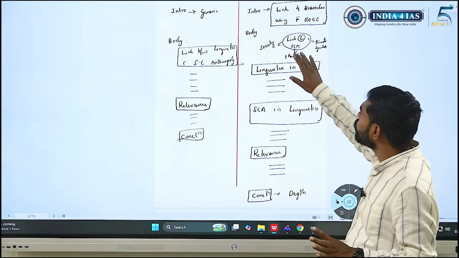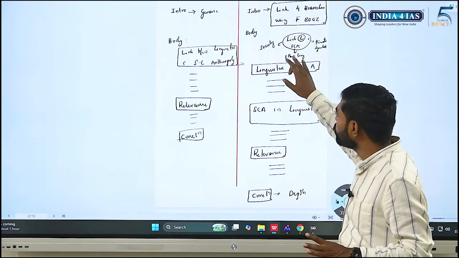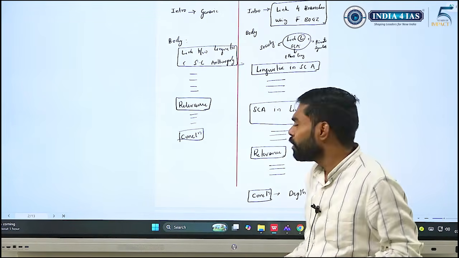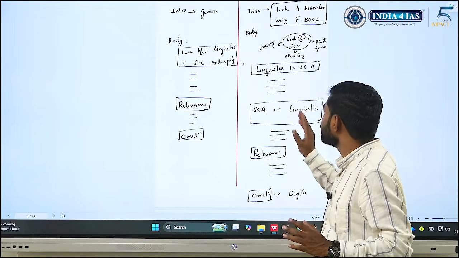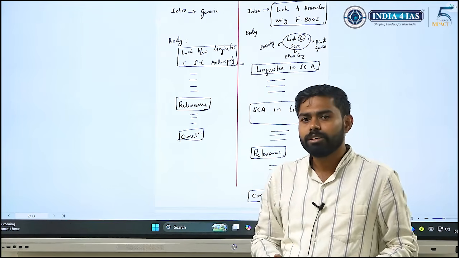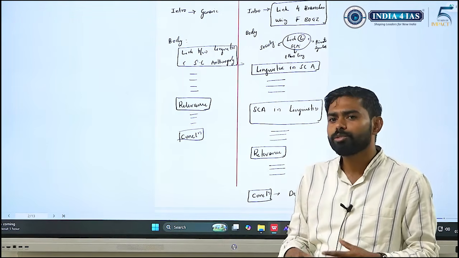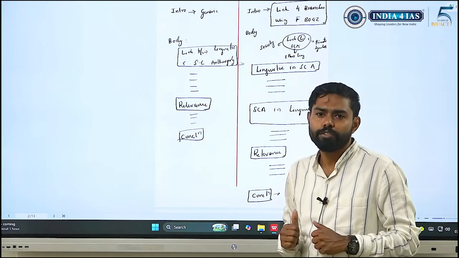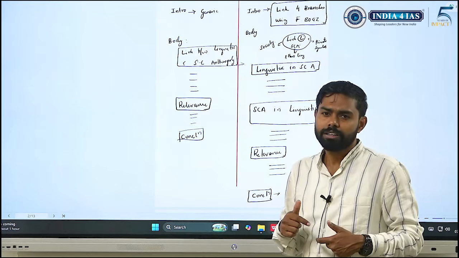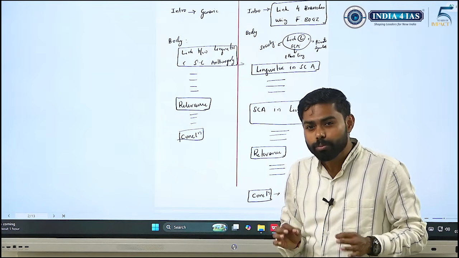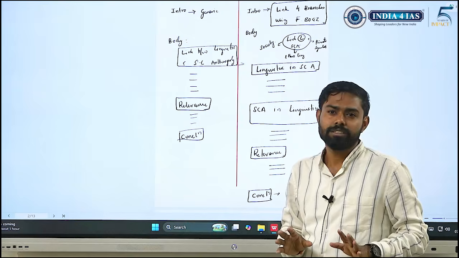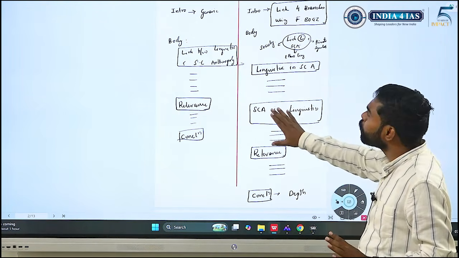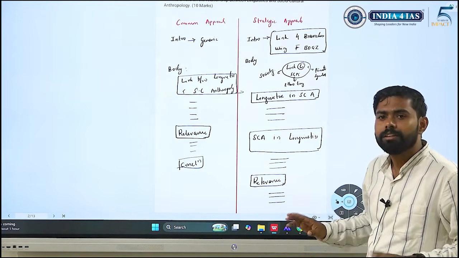So that's how I was able to generate how many dimensions? Dimension 1, dimension 2, dimension 3, dimension 4, dimension 5, dimension 6. So imagine when you have 6 dimensions, even if you're writing 2 or 3 points here and 2 points here, you are generating nearly 18 points. So do you think that when you have the capacity to write 18 points you will fall short of writing points? No, this will give you confidence. And when you have such a framework, you will realize that you can seamlessly write 2 pages in abundance of points. Okay, and when it comes to 15 markers, you will never choke. So this is the approach that changed my score.